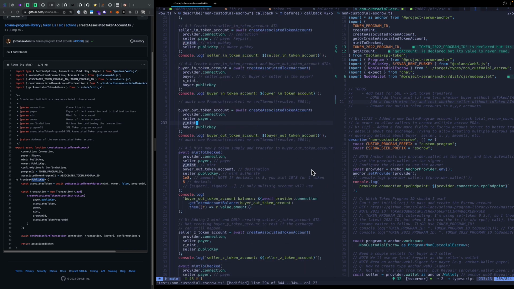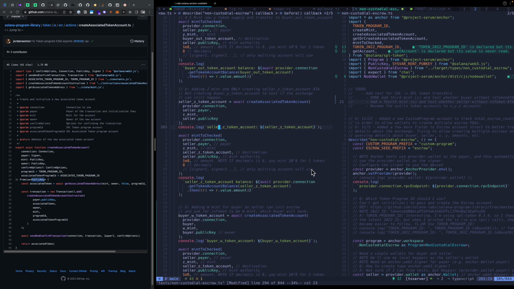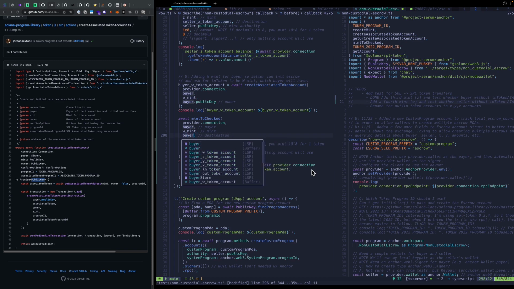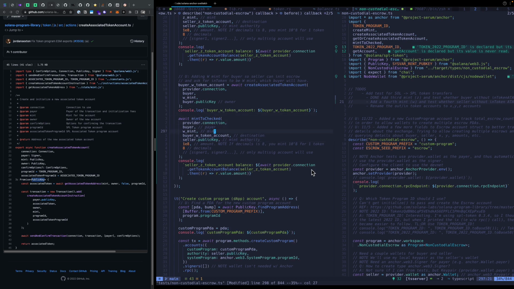I think it'd be fine to make the buyer as the payer. We're talking about the W mint. Where do we want it to go? We want it to go to the buyer W. And the mint authority is going to be,